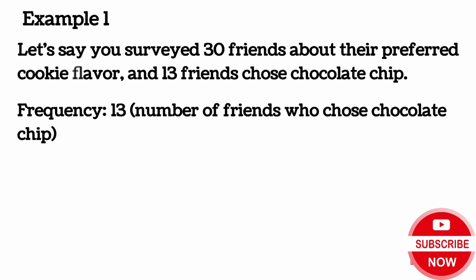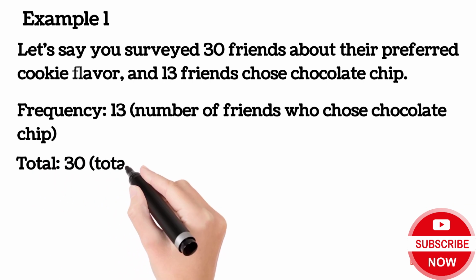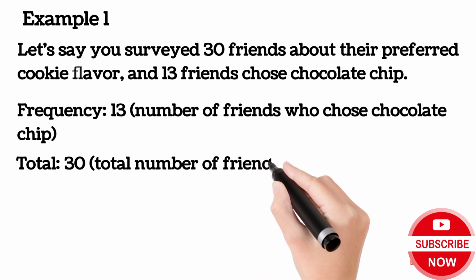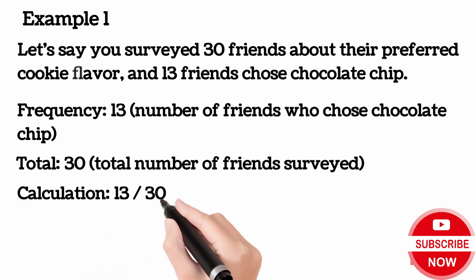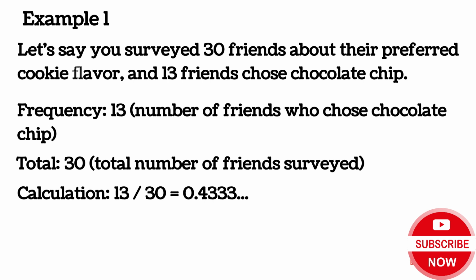So the frequency here is 13. That is the number of friends who choose chocolate chip. So this is the frequency. And then the total number of people that the survey was conducted on is 30. So from here you can easily calculate the relative frequency, which is 13 divided by 30, and this will give us